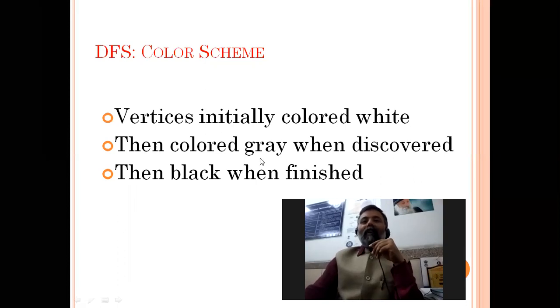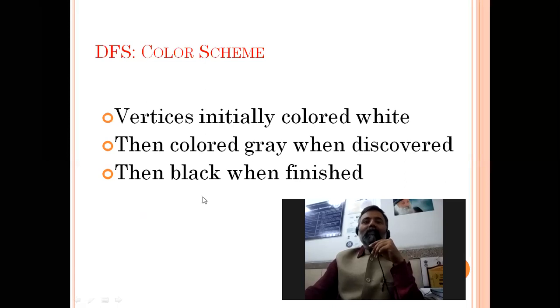Then we will use the next color, gray, which shows that the node has been discovered but its task has not been finished. We will use black color to mark that the task of this node is finished. So white means unexplored, gray means discovered, and black means finished.